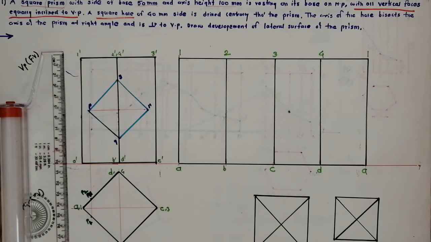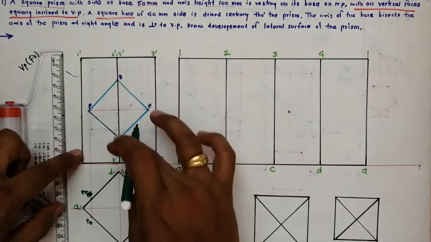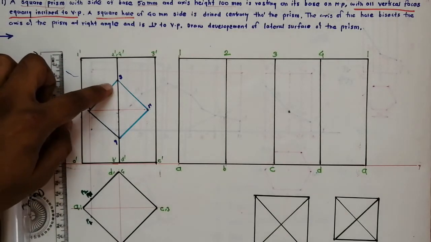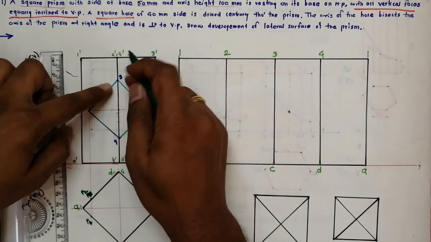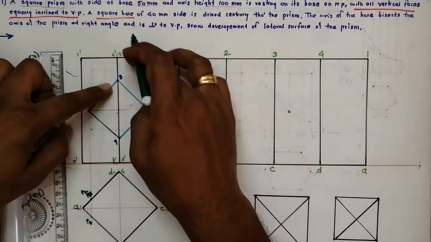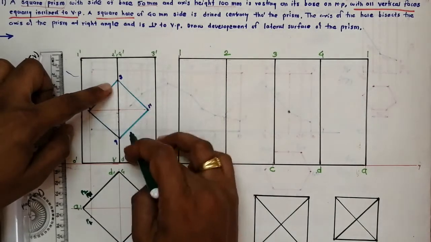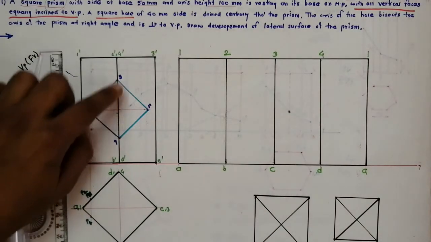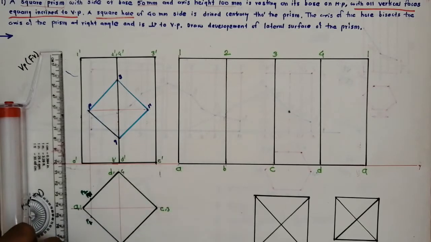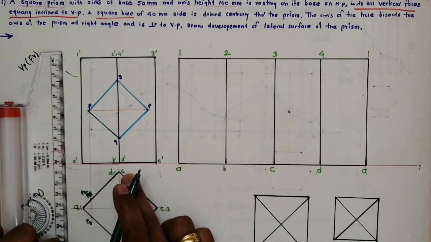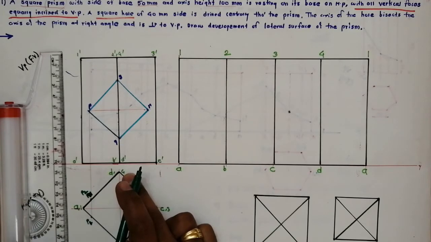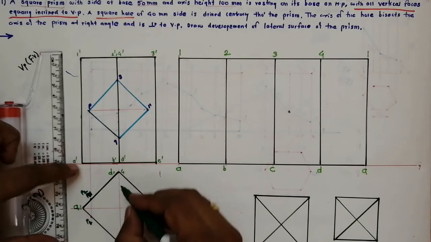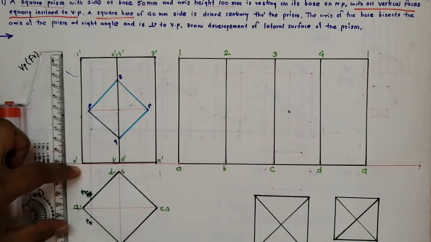Now similarly this is S and Q. So the S intersection is on BB' and DD'. So Q and S come on both edges, B and D. It comes on both the edges, so we'll transfer those intersections like this. So that comes here and here.